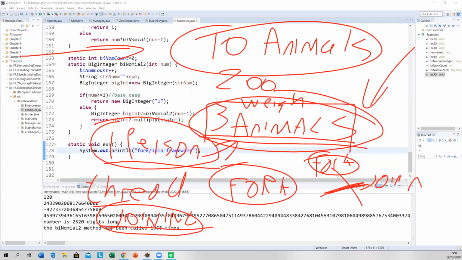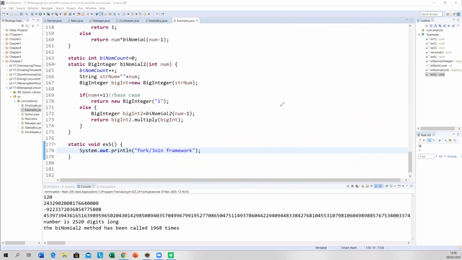A fork will work, but you can put in a join before a fork. So here we are. We have one thread, and this one thread performs 3 tasks, or weighs 3 animals.